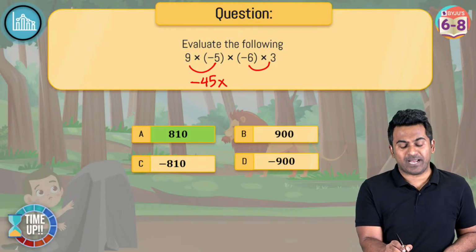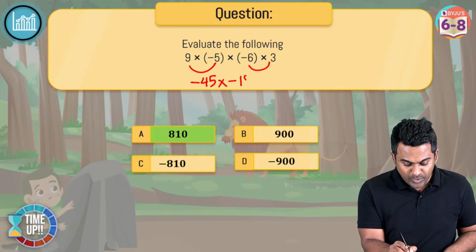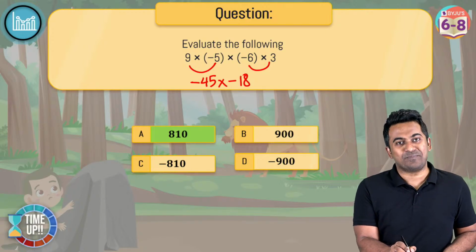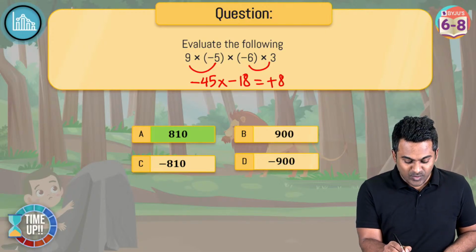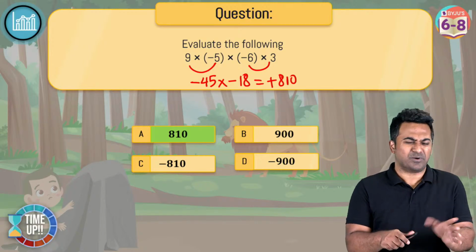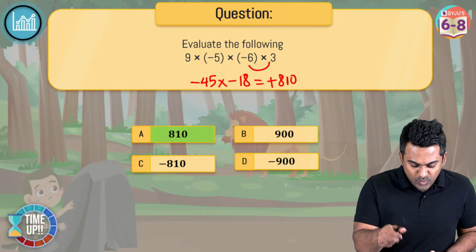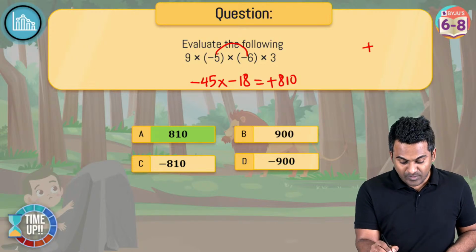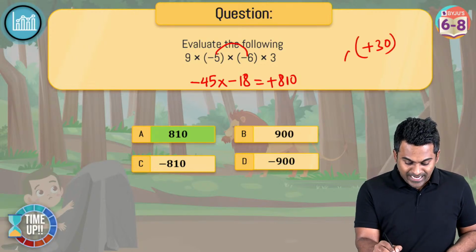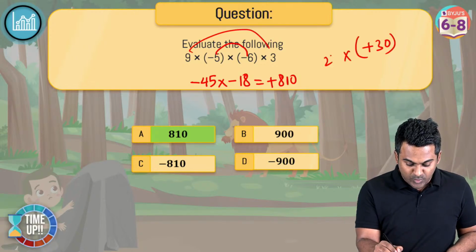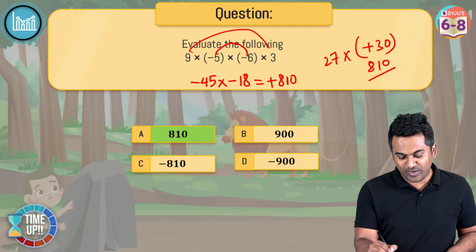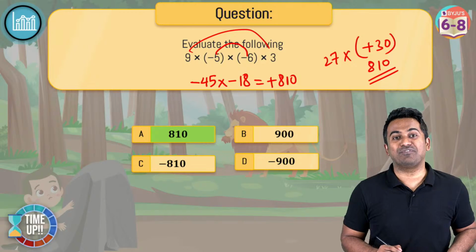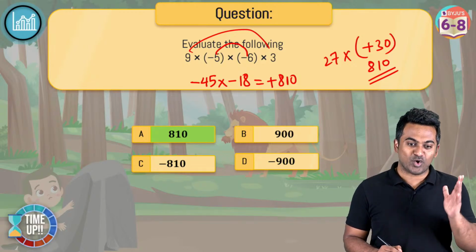Minus 6 multiplied with plus 3, that's going to give you minus 18, right? And minus 45, when you multiply it with minus 18, the result is going to be plus 810. But whichever order, okay? If I were you, I would have done it this way. Minus 5 multiplied with minus 6, that will make me plus 30. And 9 multiplied with 3 is going to give me 27. This is an easier way of getting 810 because the multiplication is going to be simpler than 45 times minus 18. Very good, very good.